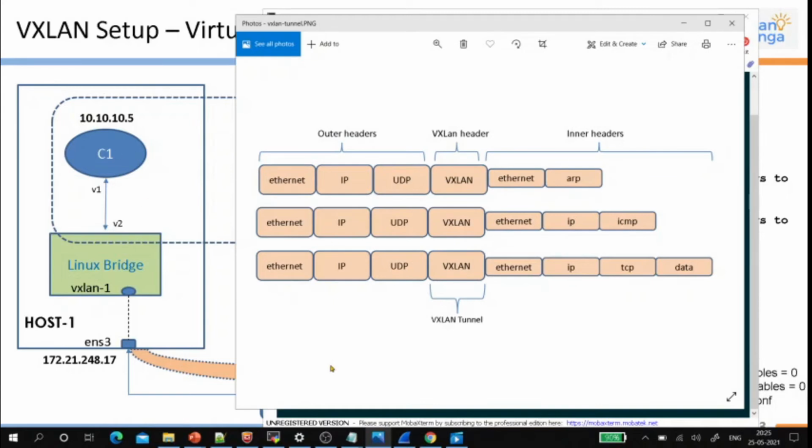What happens here is C1 will generate this traffic, that is Ethernet frame header plus its payload. Once it crosses the VXLAN 1 interface and reaches here, the host interface will package this. So it builds up a VXLAN tunnel, encapsulates the inner frame, and then pushes the entire stuff outside the interface.